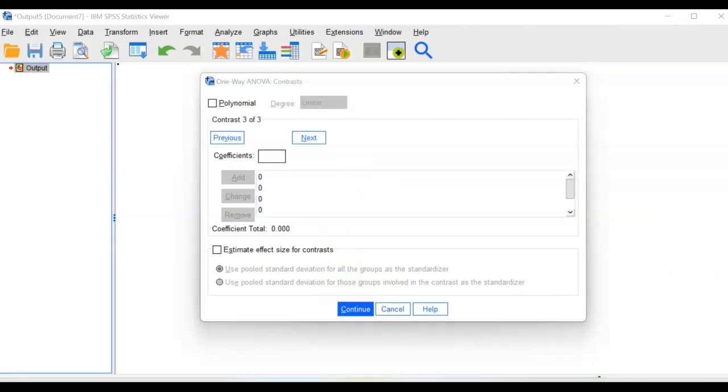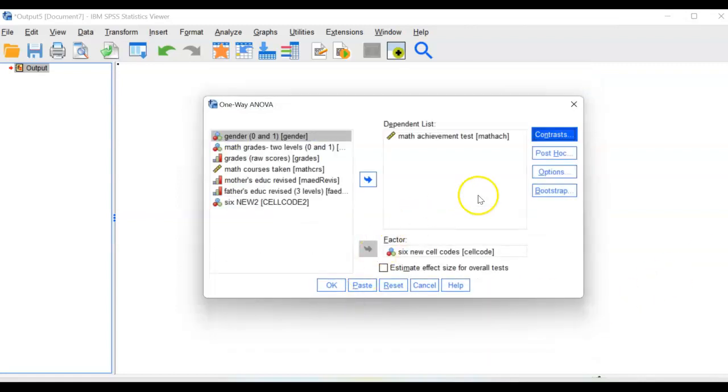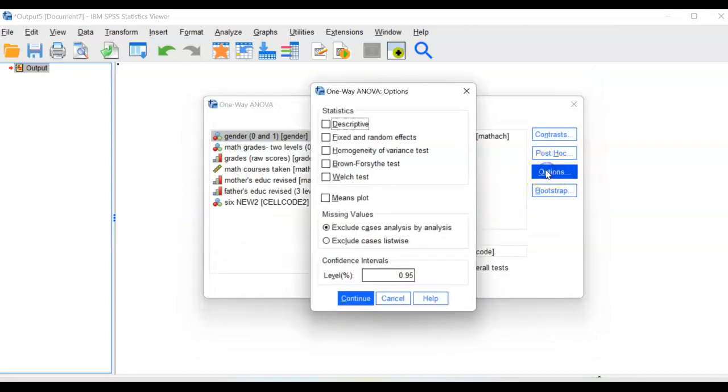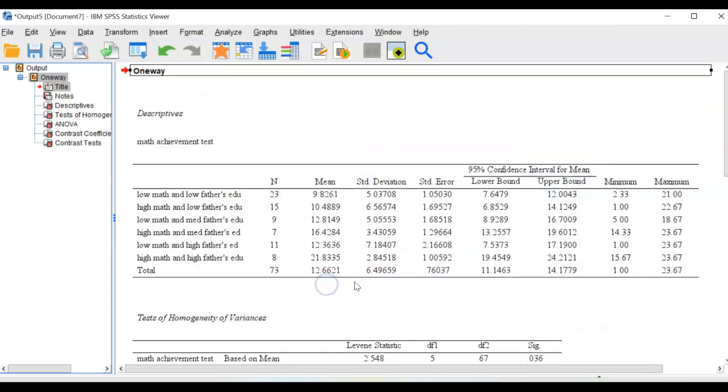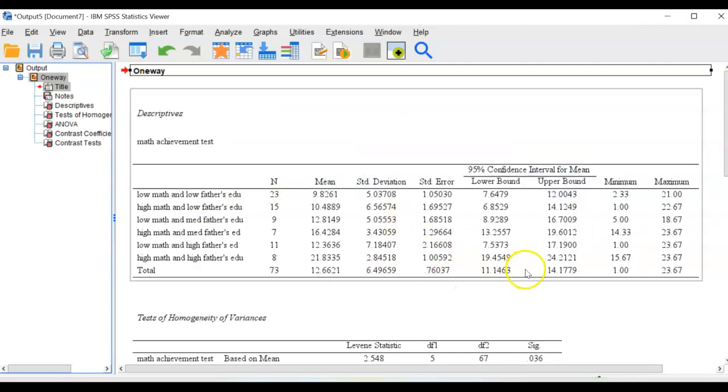I then can go make sure I have it all right, and I've got it all there. And once we have those, I hit continue. I click on my options here to make sure I have that right, and I want to make sure that I pick descriptive and homogeneity of variance. Then I hit continue to make sure I get this, otherwise I'm not going to get a report. Once I have that, I can hit continue, OK, and it is going to output what you can see here,